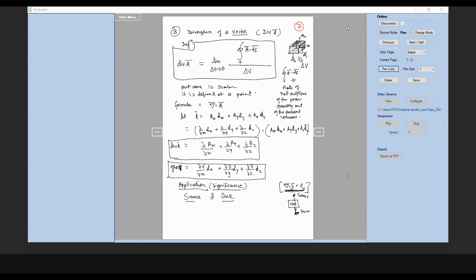If I say initially the region is charge free, I have grounded all the charges and no charges are stored, then if rho v is equal to 0, what will happen? Del dot D has to be 0, no emergence. Now this time your vector quantity D in an initially charge free region is failing to act as a source. So field emergence won't be there. At any time in this equation you can easily replace D by epsilon naught times E or epsilon times E.